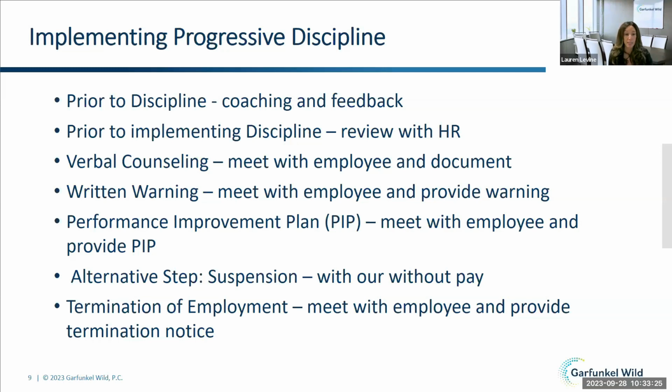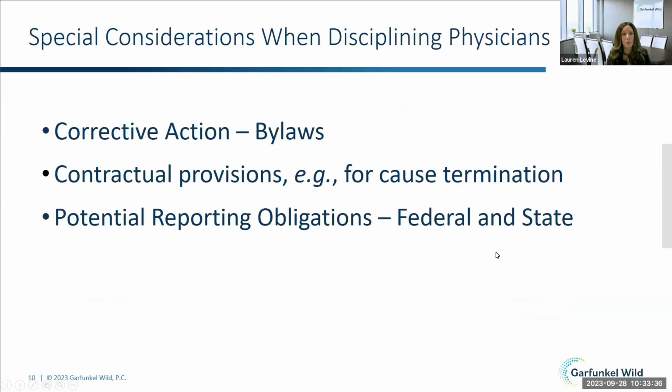You may have other items. These aren't the only ones. Maybe you're going to have an employee do training. I've had situations where employees have had to issue apologies, but these are sort of the basic steps of any progressive discipline. One thing I wanted to mention is when you're considering disciplining physicians, if they're not your employee, if they just have privileges at your facility,